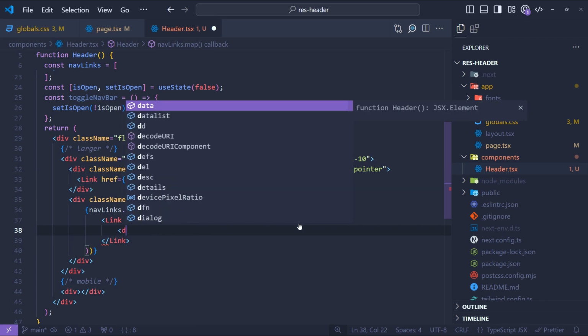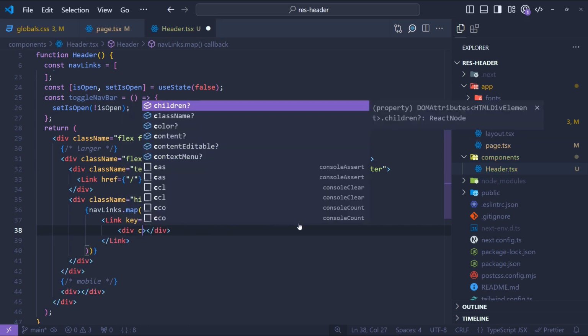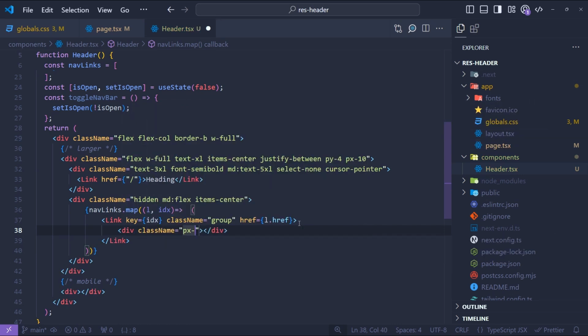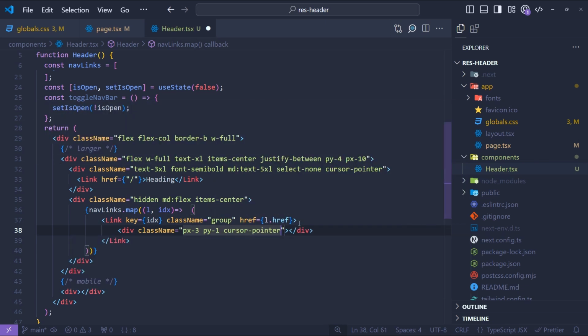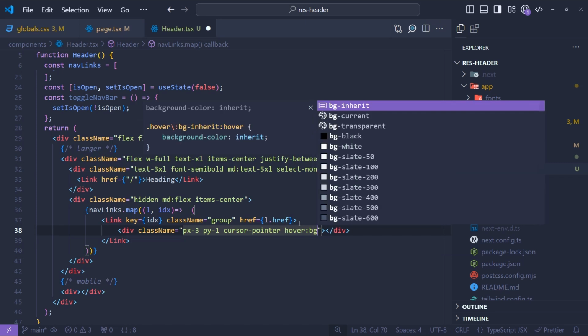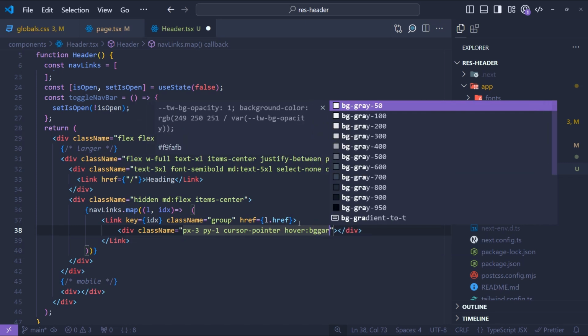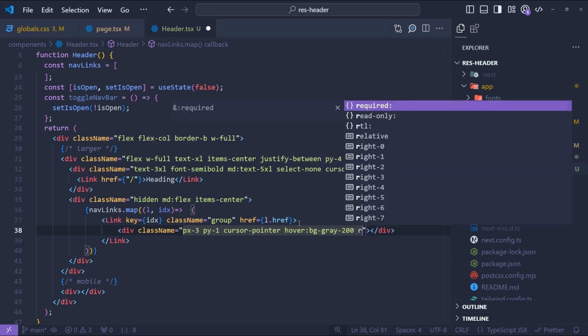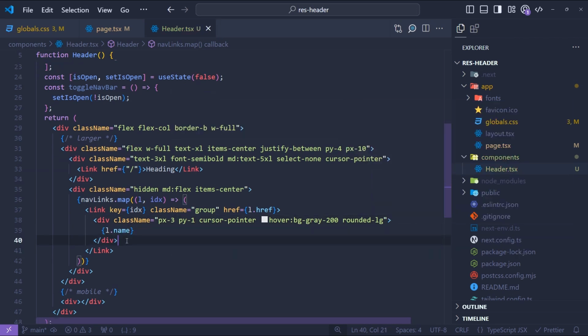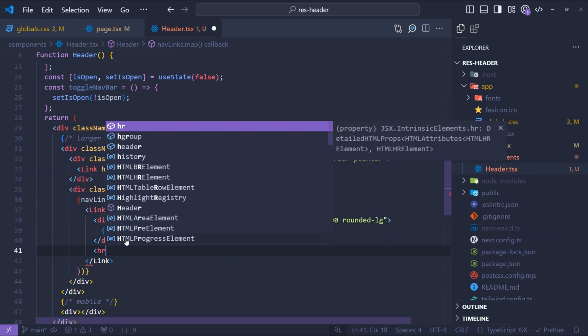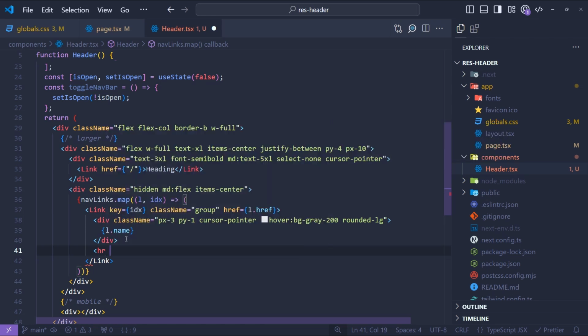Inside this, let's create a div with class name px-3, py-1, cursor-pointer, and on hover we will have bg-gray-200, I think, rounded-lg, and the text is going to be l.name. Right, after this div, let's create an hr tag, which is a self-closing tag, and let's add a class